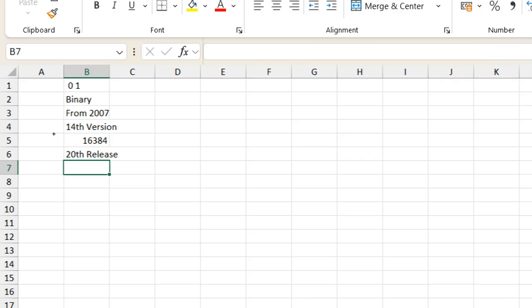So what we are going to do is equal to 2 to the power of 20. So 2 into 2 into 2 into 2 for 20 times: 10,48,576. So this is the reason, this is the logic why we had 16,000 columns and 10 lakh rows from